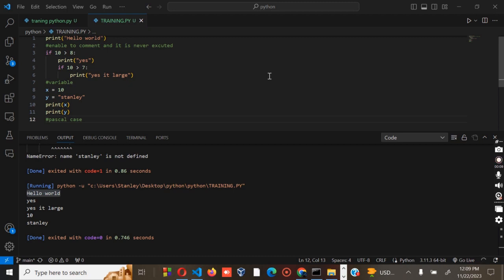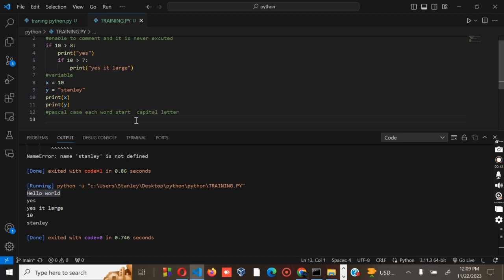Therefore, we use techniques such as the Pascal, the Camel, among others, to make our code readable. For the Pascal, for each word, we start with a capital letter.